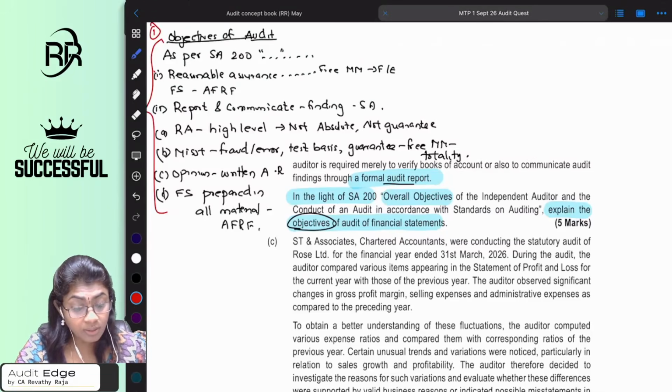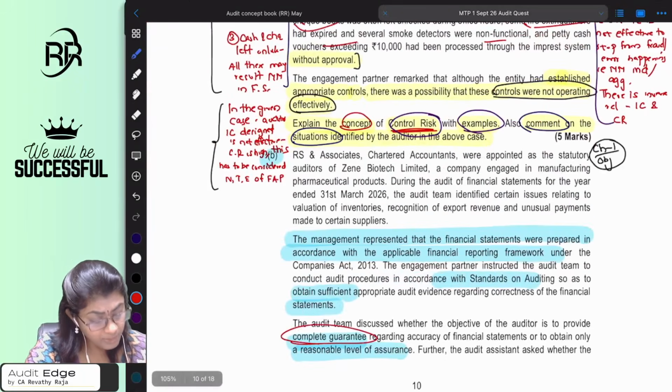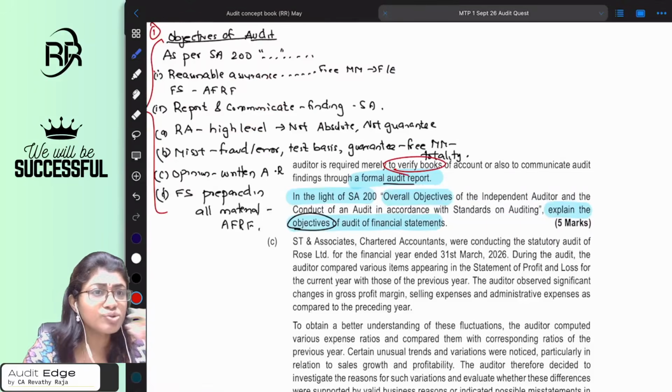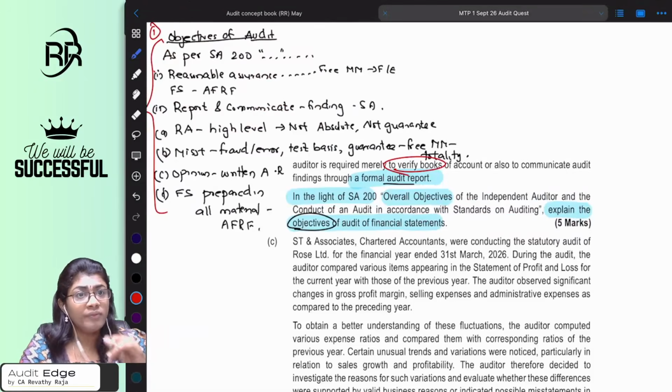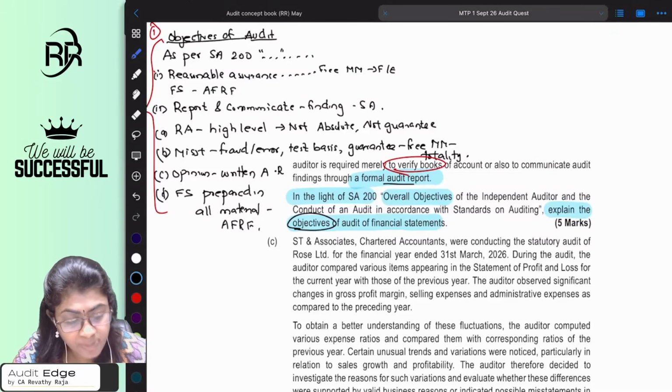Now, as a concluding point, here you have to see there are a lot of things. A complete guarantee, merely verify the books. So, if you say all these are wrong, we need not give a complete guarantee, not merely verify, etc. You have to say that. So, in the next para, in the given situation,